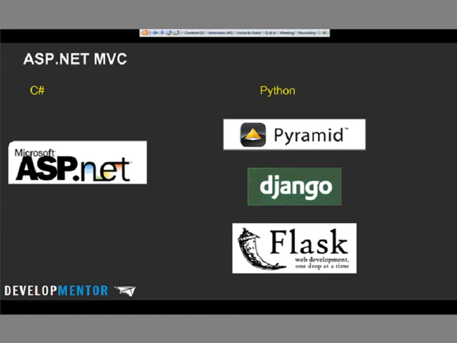Django, on the other hand, is almost a little flavor of SharePoint, but much more programmable, in that it's also a model view controller, but it has all these apps you can plug into it. So if you want a way to do CRUD management of your data that's back-ending this website, you can just install the admin app, and now you've got a data grid you can work with to manage your data. It comes with an ORM. It's very similar to Ruby on Rails, actually. It kind of comes with its own ORM and things like that.